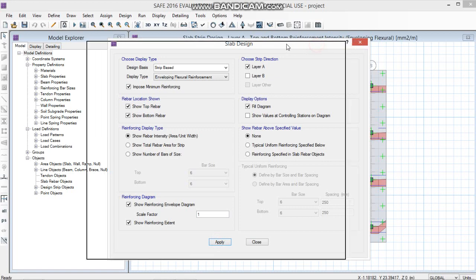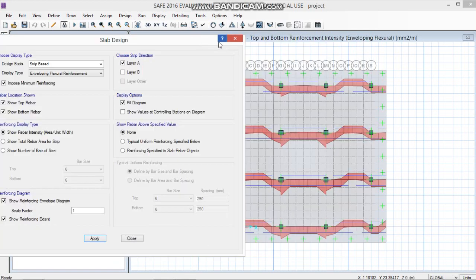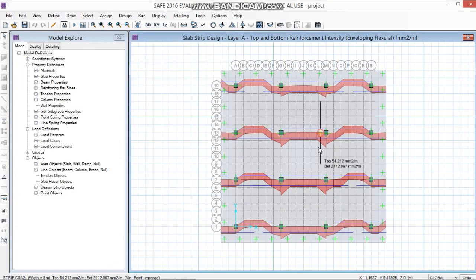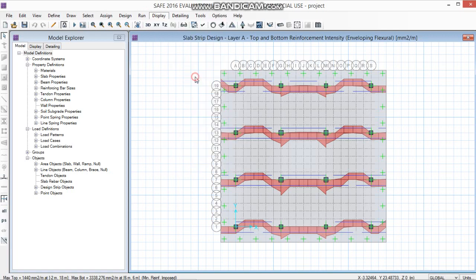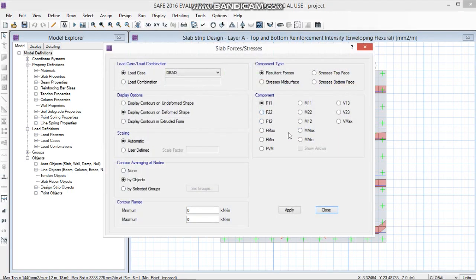Now you can go to display and see show slab design. Now in this, click on impose minimum reinforcing, click on apply. Now you can see top and bottom reinforcement intensities by moving your cursor accordingly.